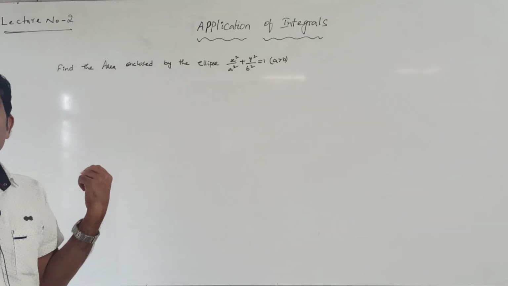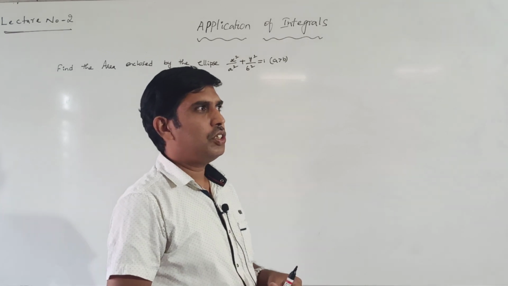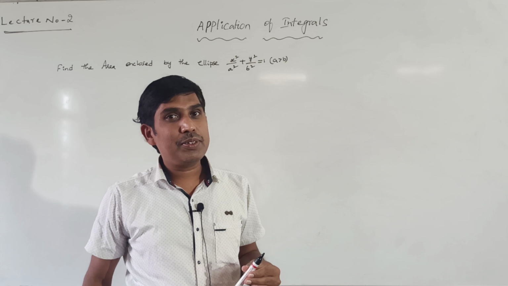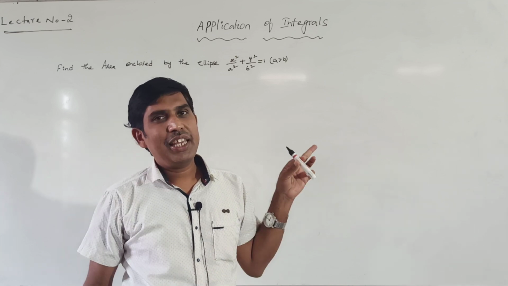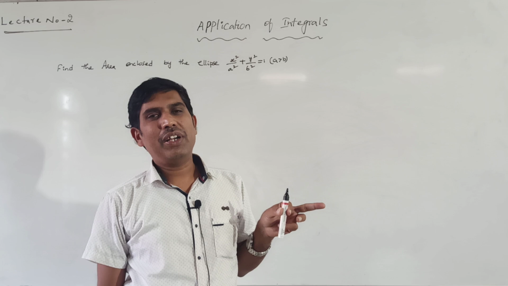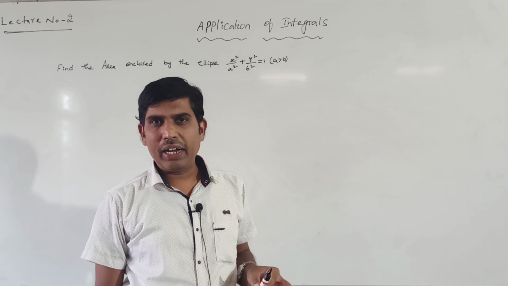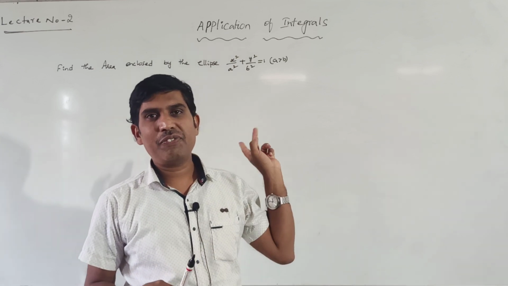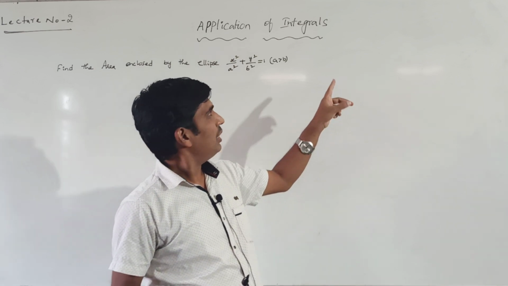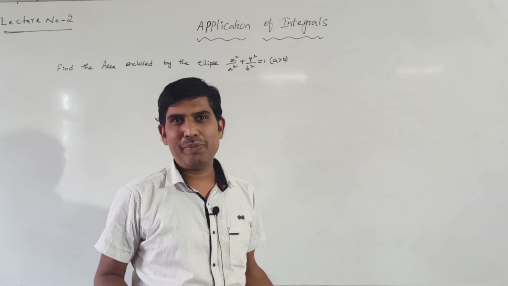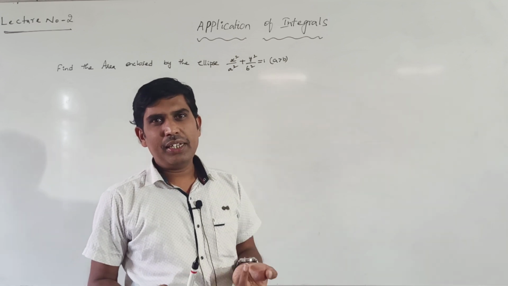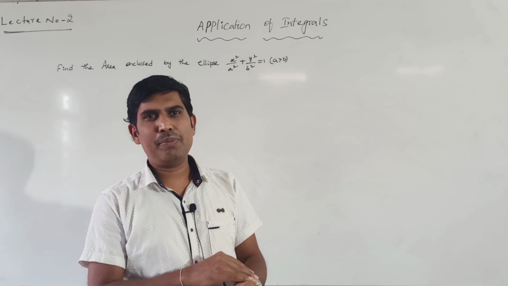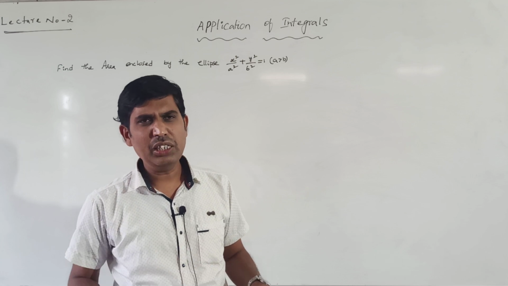So in conic section we discussed different forms of ellipses and standard form of ellipse. What is standard form of ellipse? Nothing but x square by a square plus y square by b square is equals to 1. So we have two forms of ellipse equations. One is a greater than b, one is a less than b. Generally a greater than b is given in the textbook; you can discuss with a less than b also, the same model only will come.